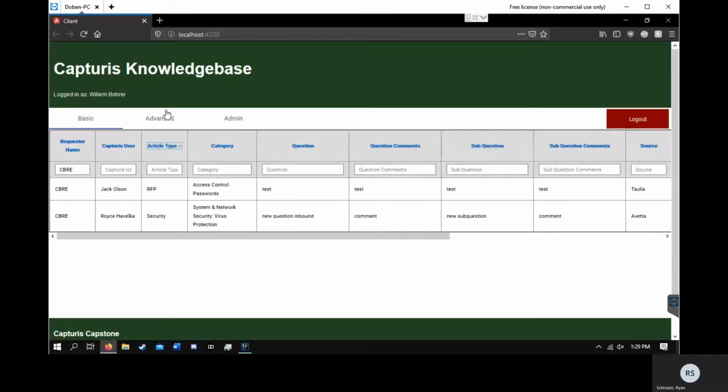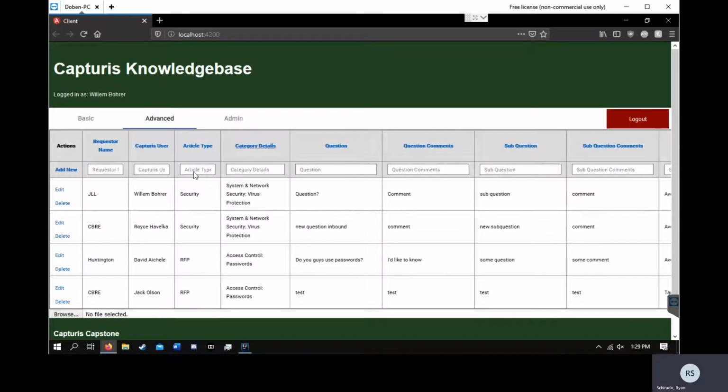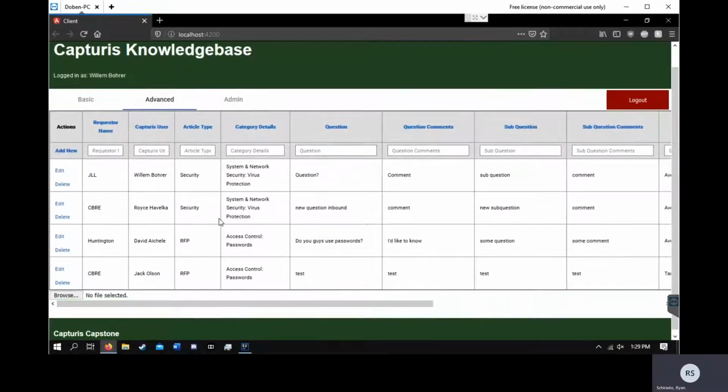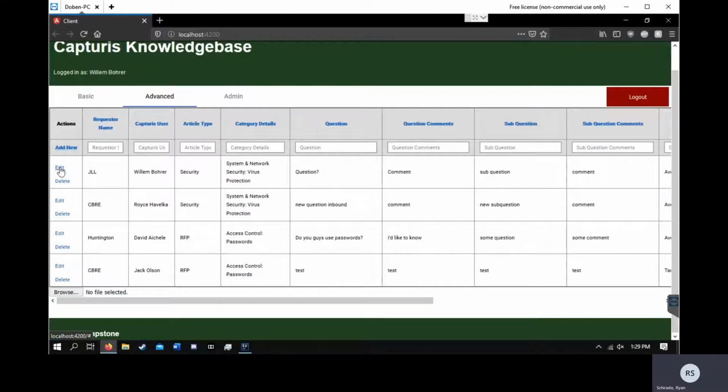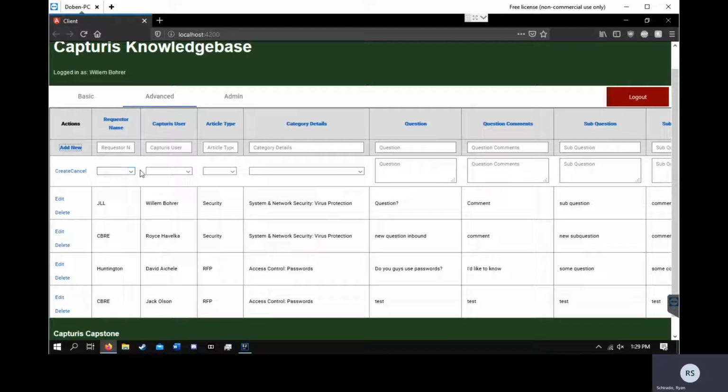Up next, we have our advanced tab, and as you can see, there's a new column called actions. This is where people can add new entries, edit, delete, and just kind of mess with the data as they see fit. So let's create a new question here. Click add new. As you can see, there are a bunch of drop downs. This is stuff for more